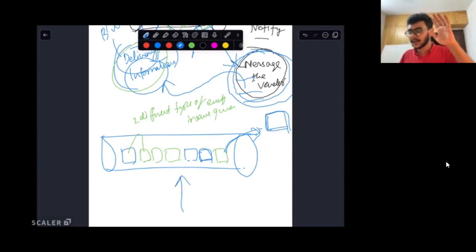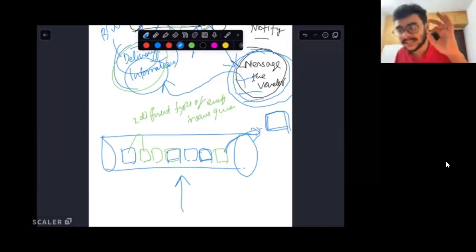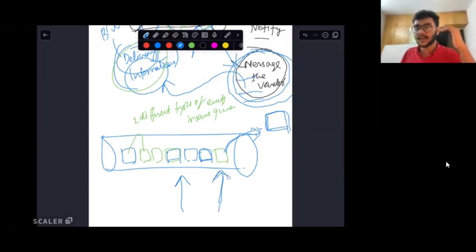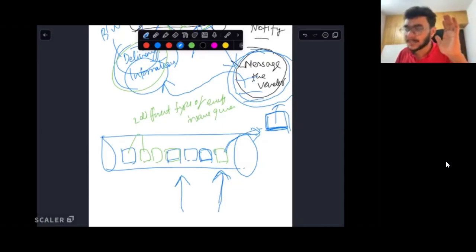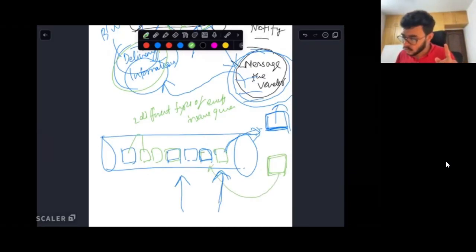Hey, give me the data at this index. You cannot specify the exact index in a queue data structure. You end up reading in general from the end of it, right? So this blue one will have to reject this. And in that case, can you see that we are wasting the compute of this blue service in processing the wasteful events, right? Similarly, the green service will come in, and when it has to read this blue event, it will have to process it and then drop it.